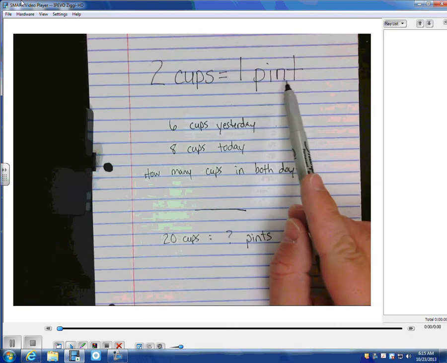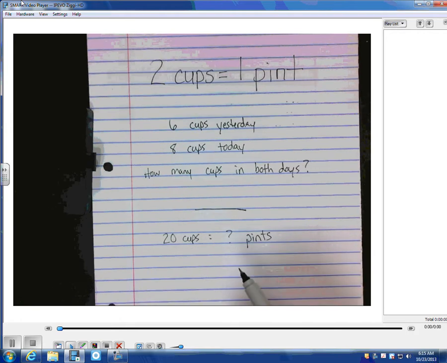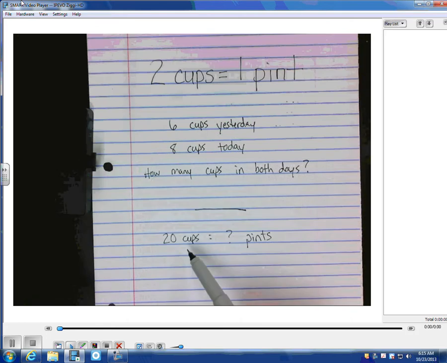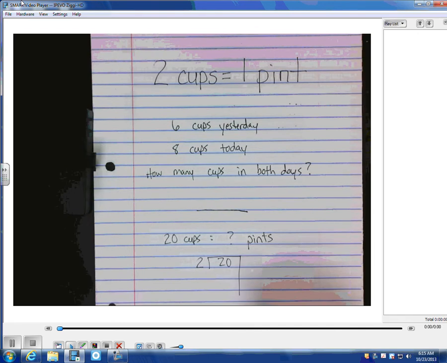So what I would do here, I would ask myself, how many 2s can I get into that 20? How many 2s can I get into that 20? So I would set it up as a division problem. Now you probably are going to know this just from your basic division facts. You're not going to have to do this problem out, but just know that you would need to